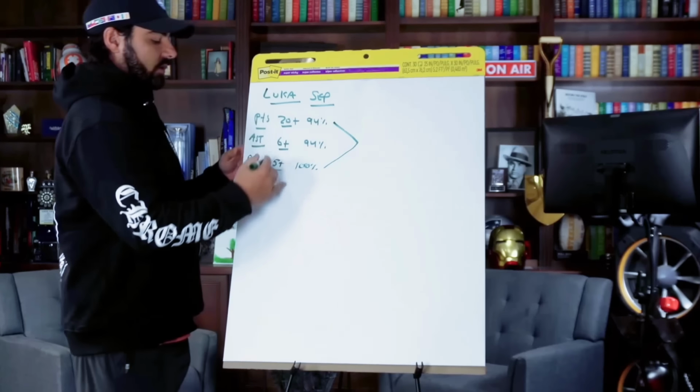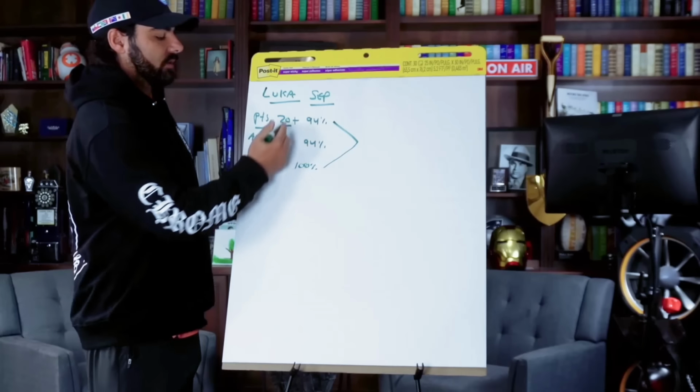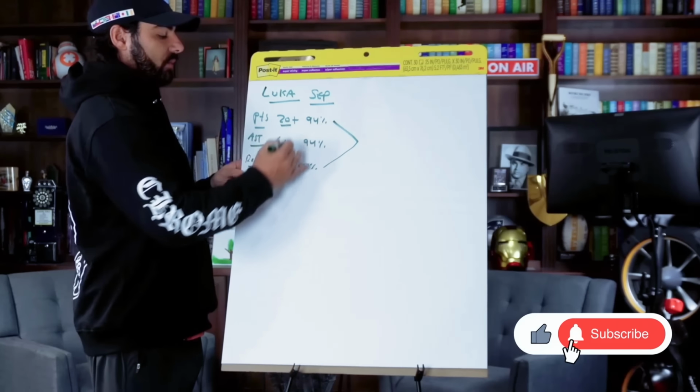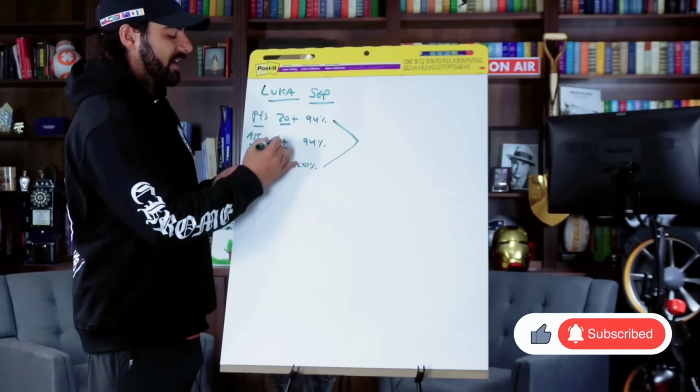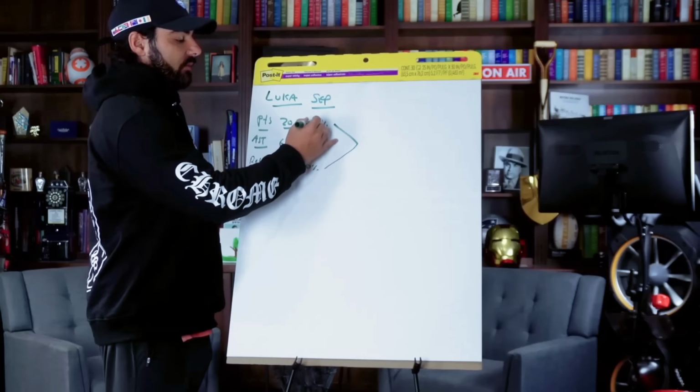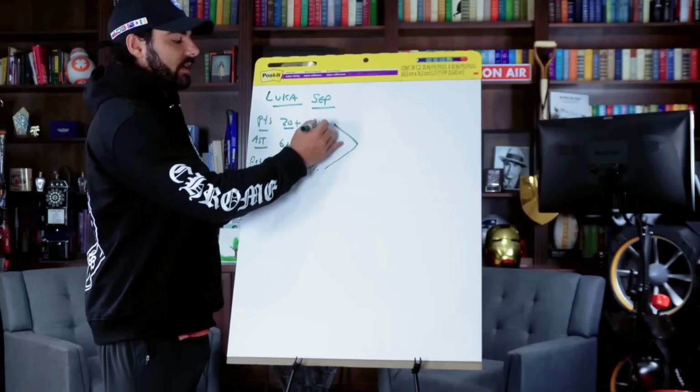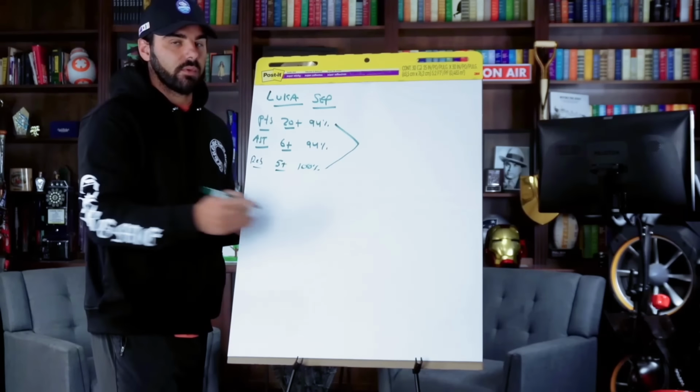So this looks a little bit better than the last one, obviously, right? This one looks like you could achieve this easily. So we got 20 points, 20 points, 6 assists, 5 rebounds. If we put these together, our implied probability now, mashing these together on a same game parlay, is going to